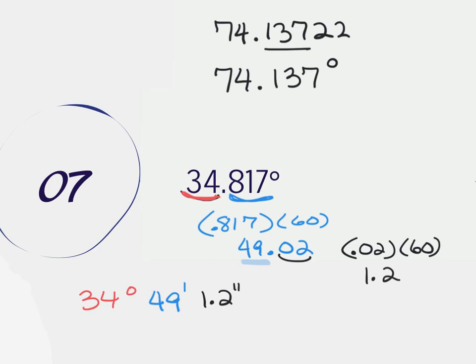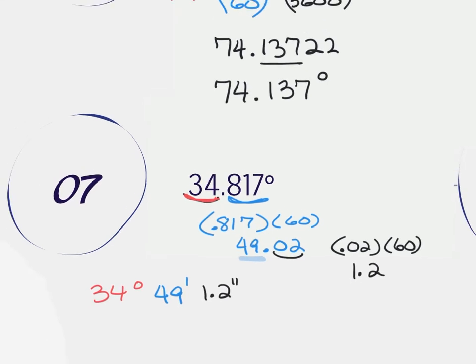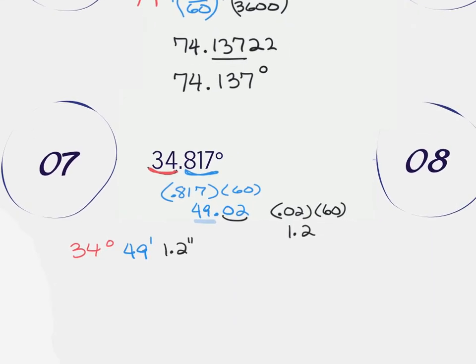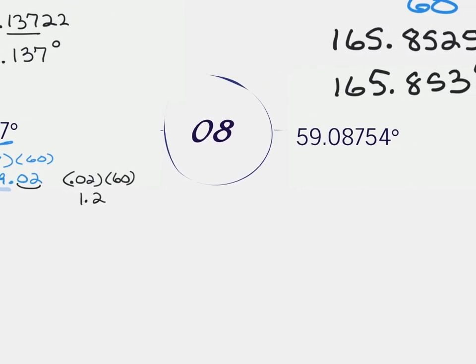We're going to do the exact same thing on number 8. Leave the 59 alone. That is your decimal, or I'm sorry, your degree. So the 59 is the degree. I'm now going to take the decimal portion. I'm going to multiply it by 60. And I get